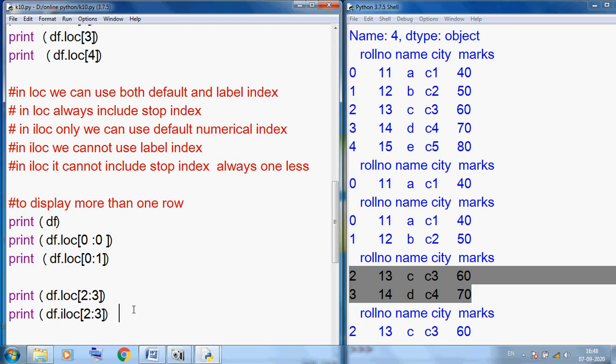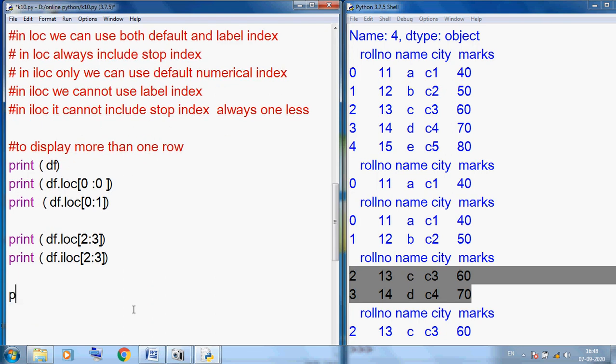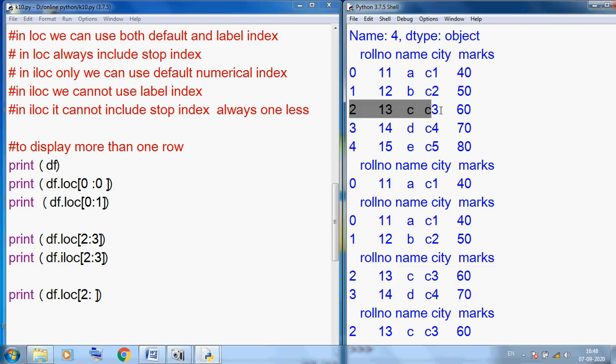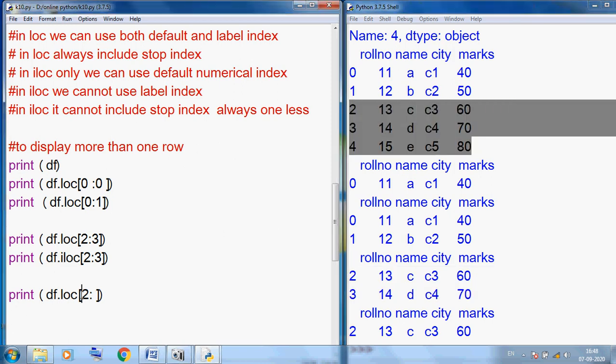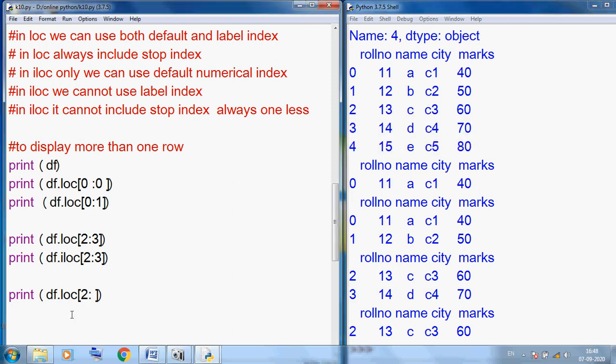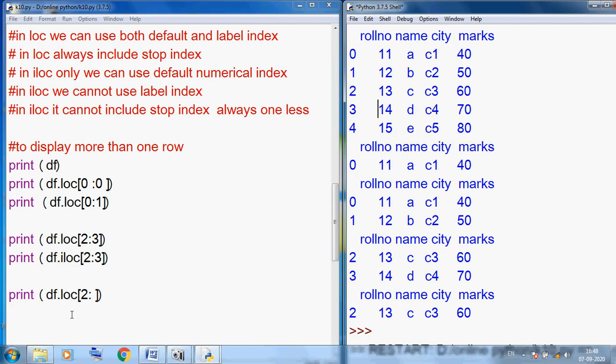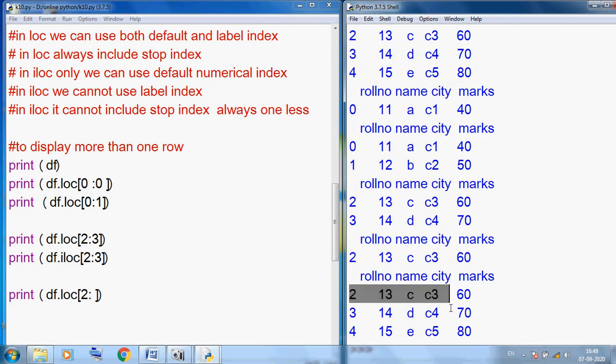So you can see we can use multiple rows using loc and iloc, and we can also use them in the middle position. Suppose print df.loc, here I am writing 2 colon and I don't specify the stop index. What is the output? You can imagine it starts from 2 and includes all the remaining rows. Since there is no stop index, it covers everything after.